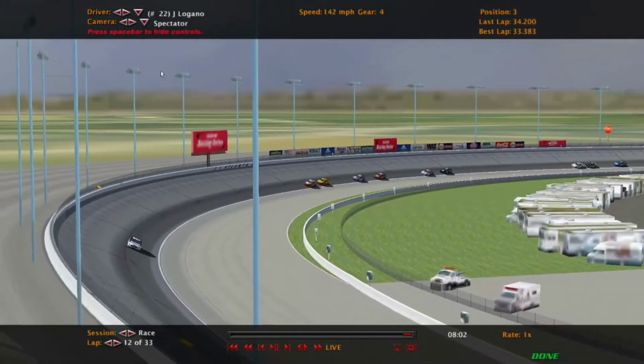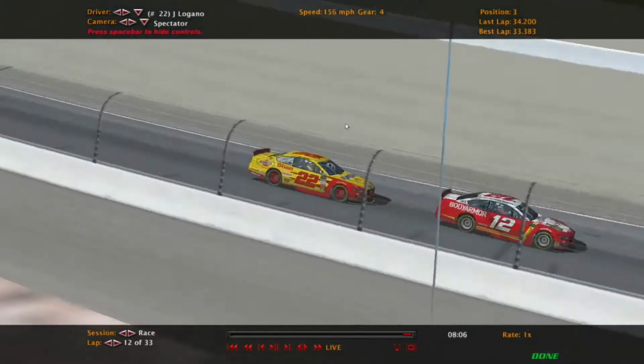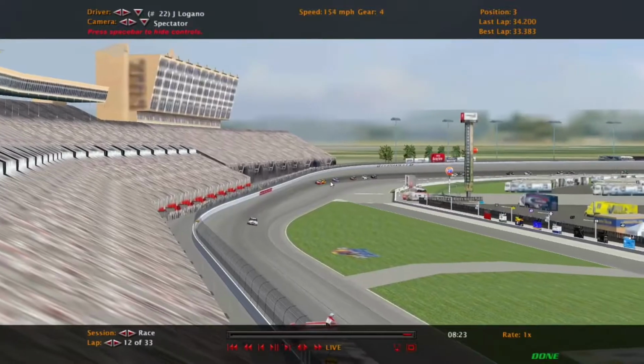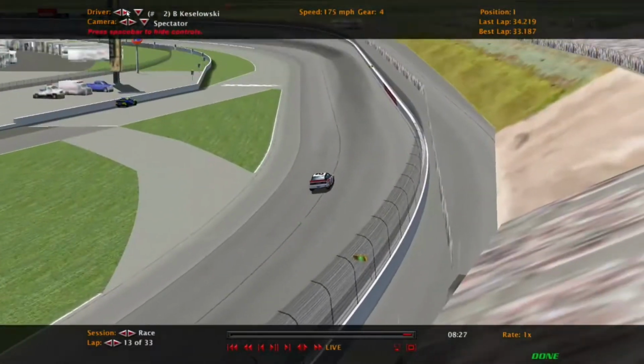We'll do a lap time check when they come across the start-finish line this time by to see if anybody's gaining any time on Brad Keselowski. Brad Keselowski's going to come across the stripe, and we will check his lap time. He ran a